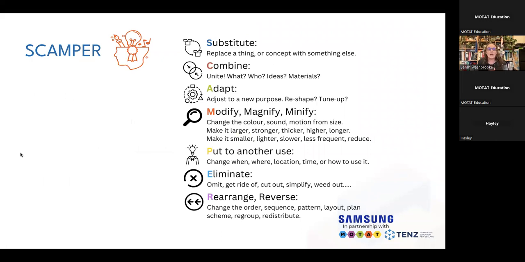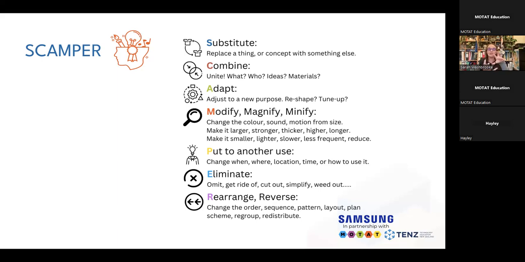So another way to help and support development is by using something that is called the Scamper model. And so this is where you maybe take your 1 or 2 or 3 conceptual ideas that you want to develop further, and you try out different things with the designs. Each letter represents something different in the Scamper model. So S is substitute. So you may have come up with a design concept and try and replace a part of it with something else, or link it to something. So you're taking something away and adding something in to the design.